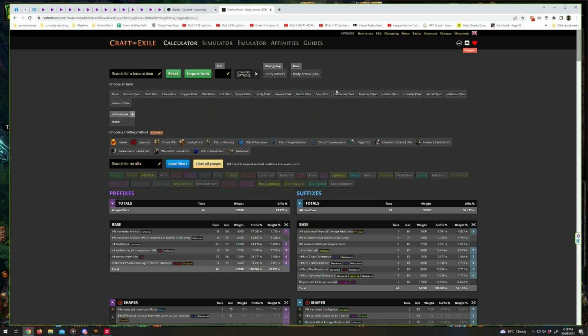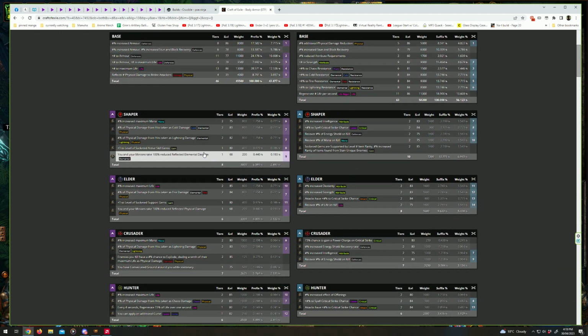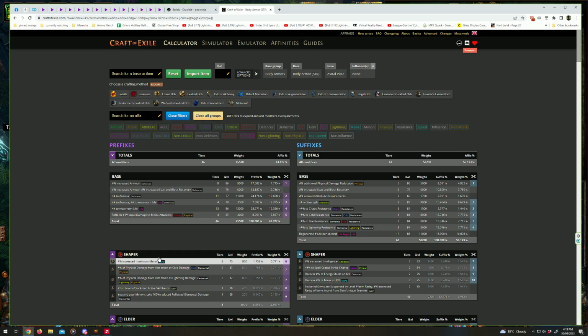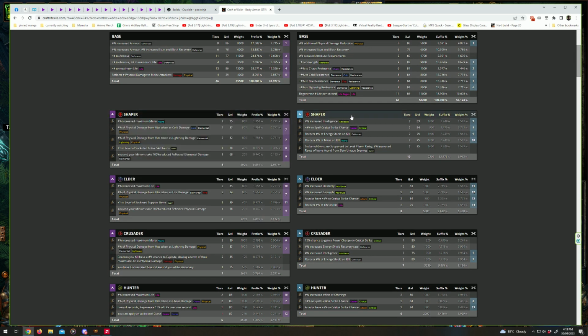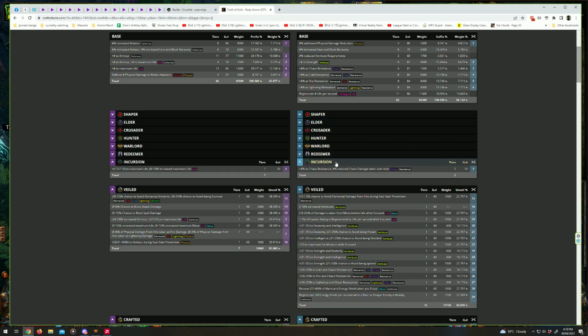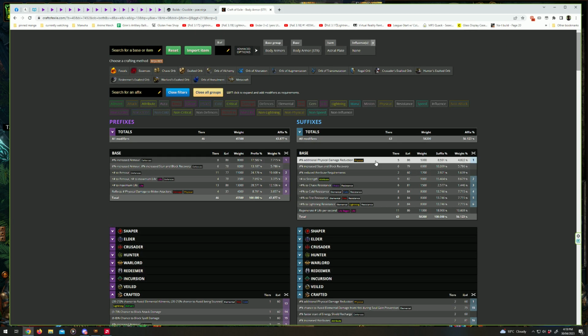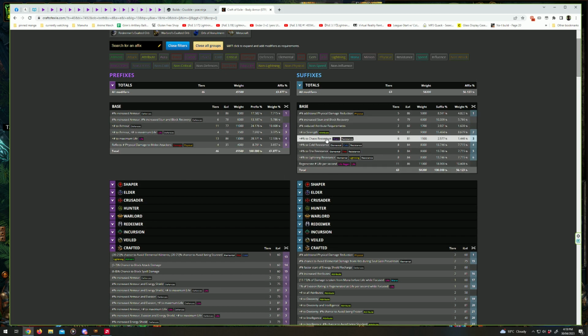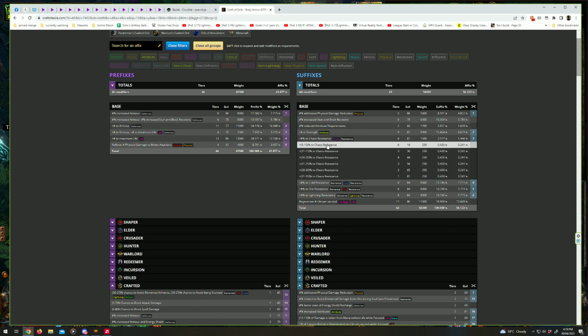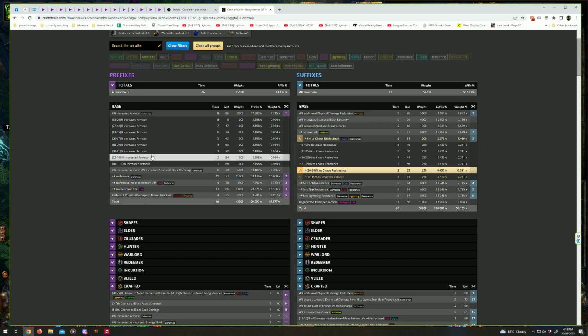So if you're wanting a particular base that you've got, you can come down, you can select basically whether it's an influenced one. You've got your influence mods at the bottom here. And then your base mods. So say you want chaos resistance, it gives you your tiers, minimum tier 2 say, percent armor,